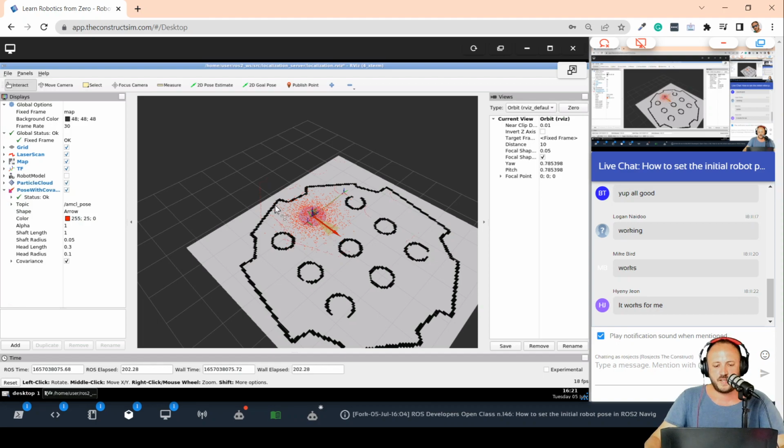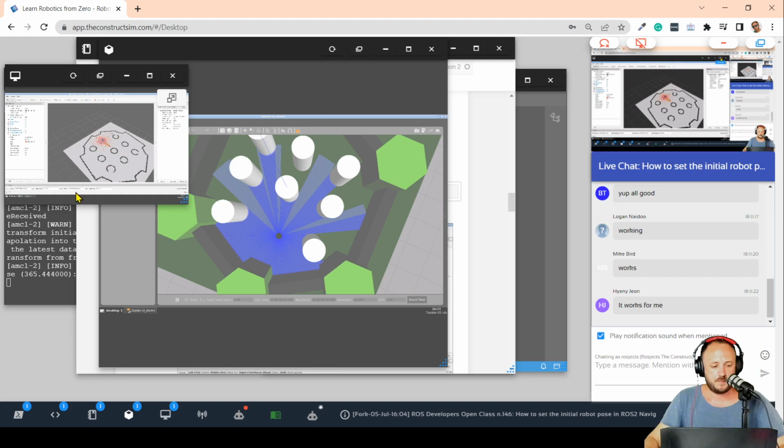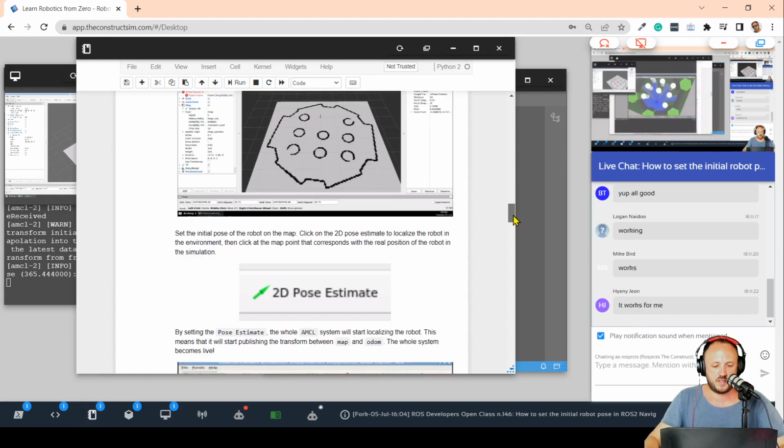At this point, they are very dispersed, but if I start moving my robot around, these particles are going to get closer, are going to converge into the actual real robot pose, as I move the robot around and I get more data from the robot sensors. Does it make sense? So all these are basic localization concepts, so I'm going over them fast in any case because that's not the point of this class. So now, if we want to make sure that our localization is working properly,